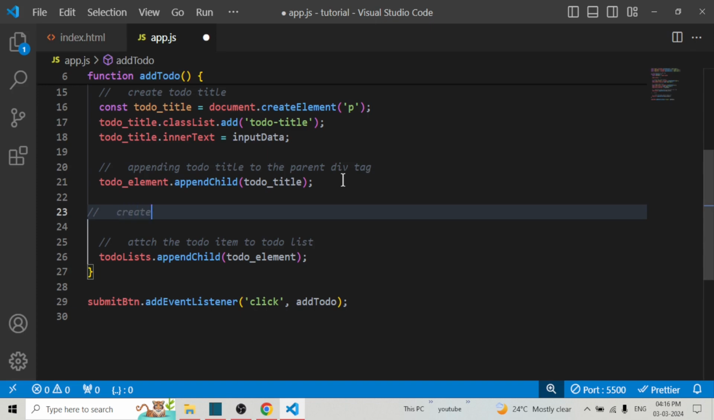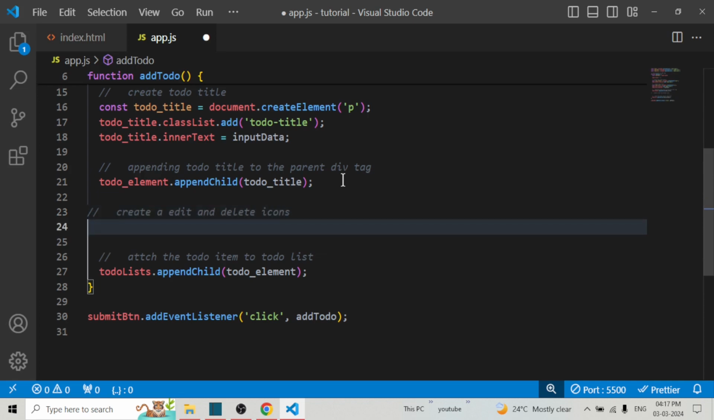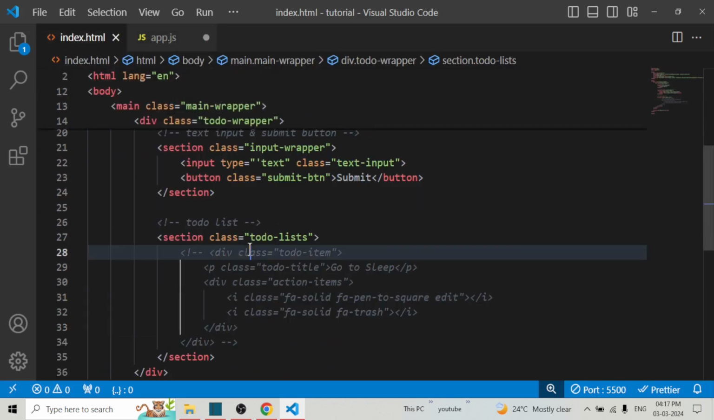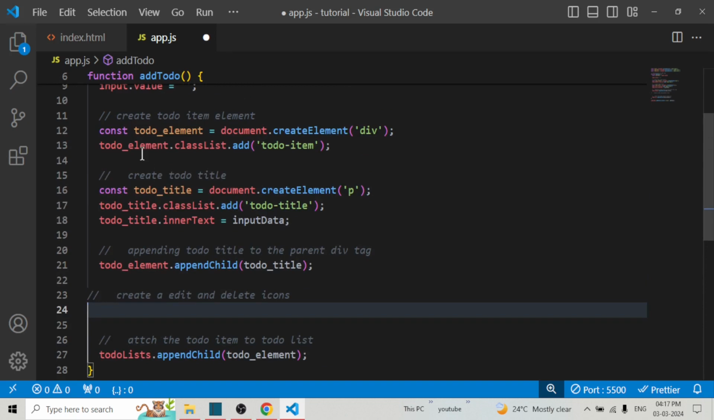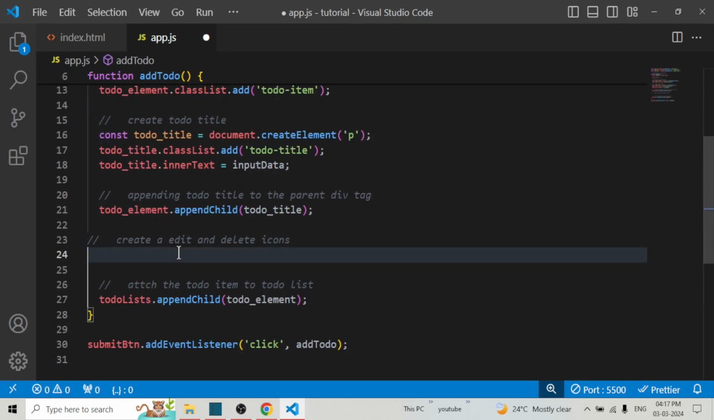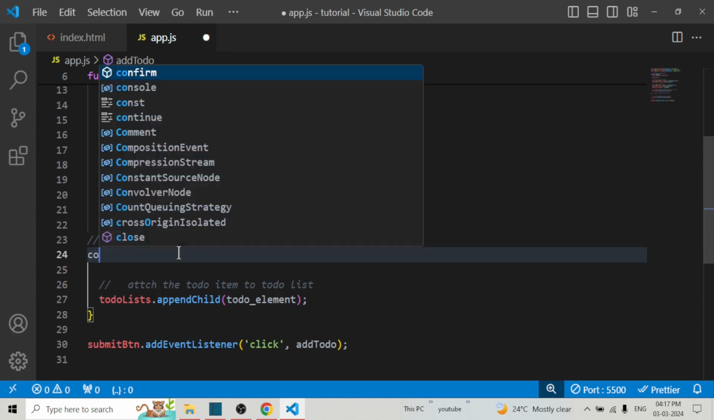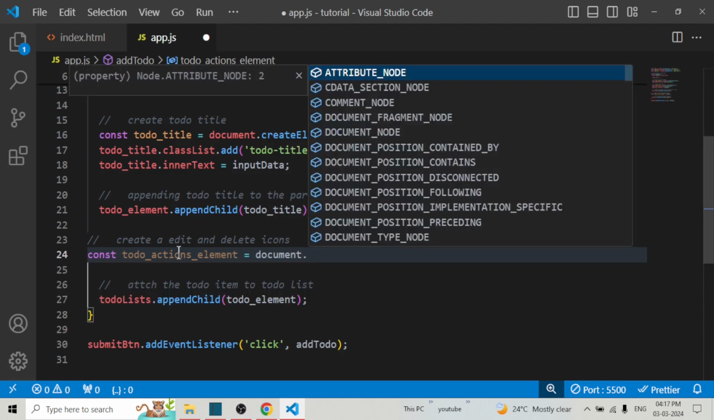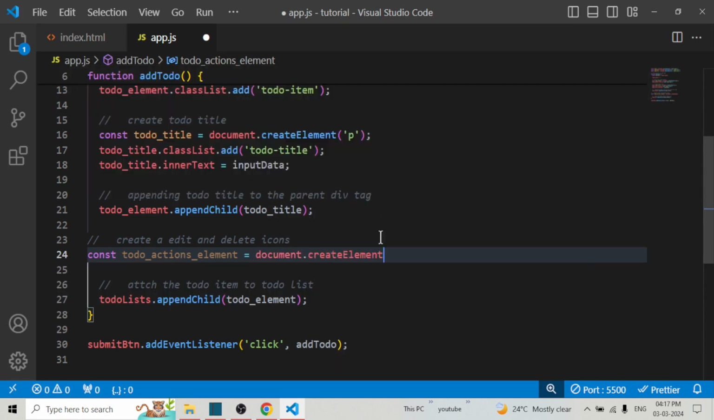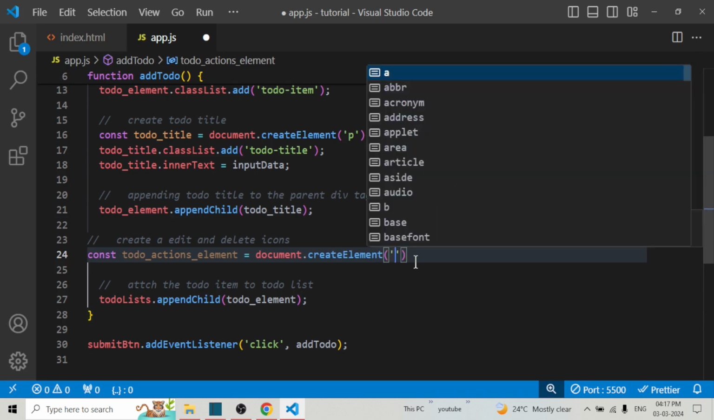So I'll say create edit and delete icons, right? So first of all, I'll create this outer div, right? After that, I'll create these two icons. For that, the same way as we have created above, I'll create that thing. So const to do actions element, right? To do actions element. I'll use document dot create element, and I will create a div tag,